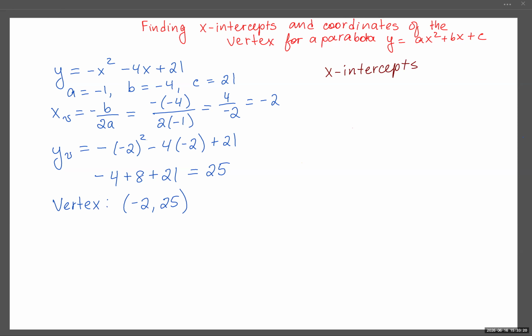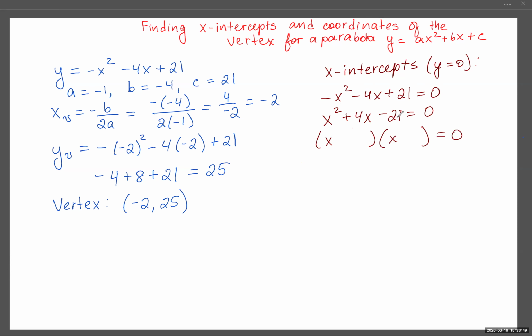Now the x-intercepts happen when y is 0. So we'll take the original function, negative x squared minus 4x plus 21, and we set it equal to 0. Then we'll go ahead and multiply by -1 to get rid of the negative in front of x squared. So x squared plus 4x minus 21 equals 0. Factor